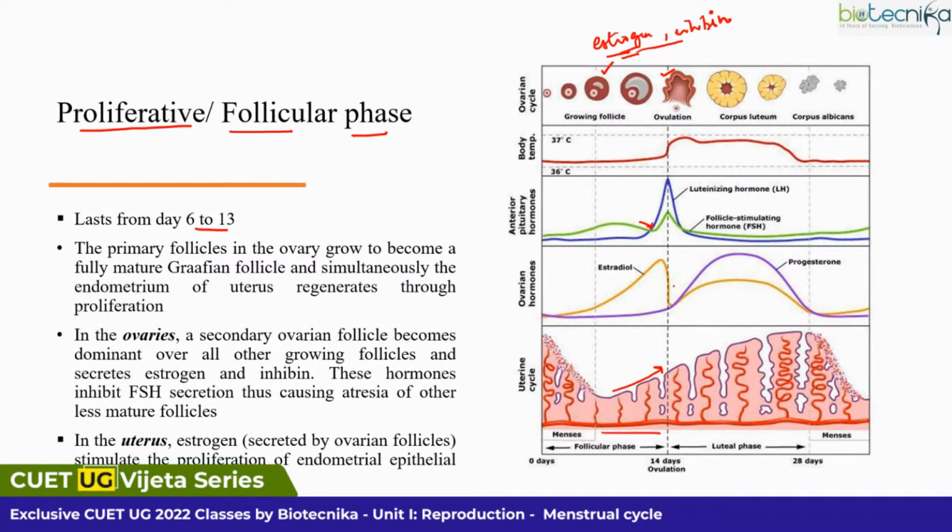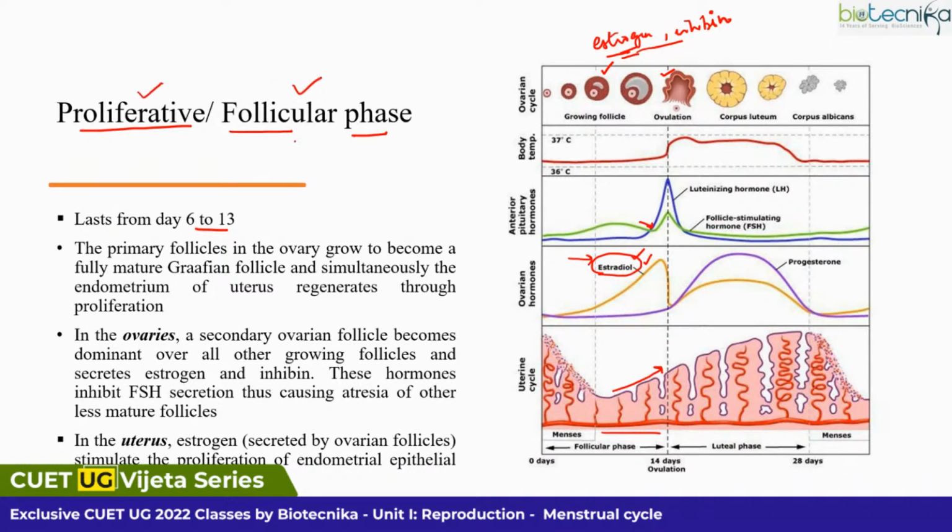So now in this phase you can see the estrogen levels are high. One of the estrogens is known as estradiol. This is one of the most important estrogens. There are different types of estrogen, and one of them is estradiol, whose levels increase during this